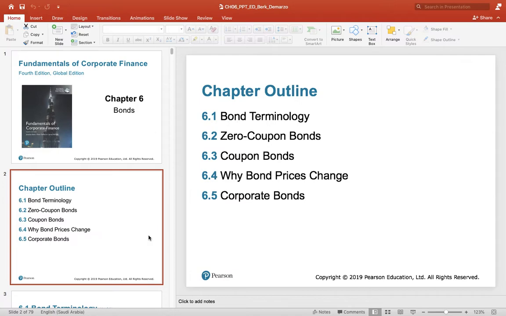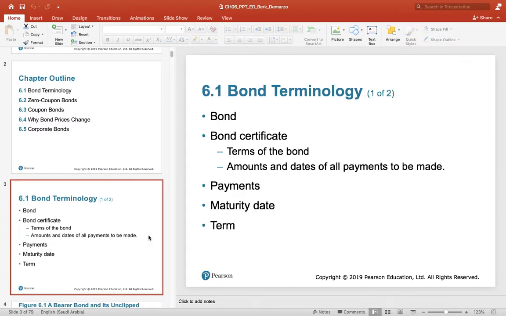So, let us start. There is certain terminology which is used for bonds. Let us see those terminologies. Bond is a credit certificate in which the bondholder pays the money to the company and the company in return pays a fixed rate of coupon or interest to the bondholder for a fixed number of periods. And once the period is finished, the bond is to be repaid.